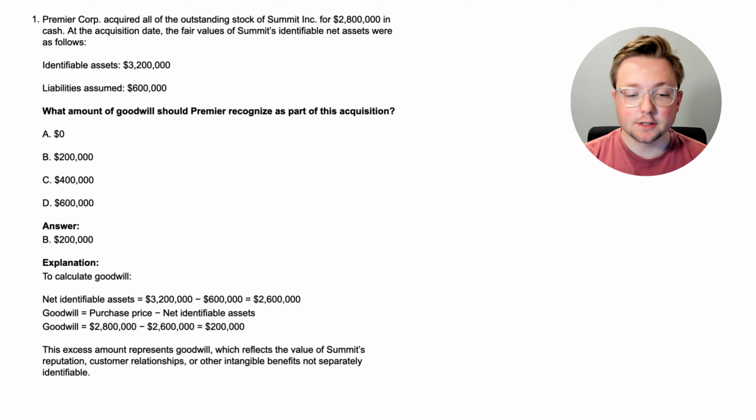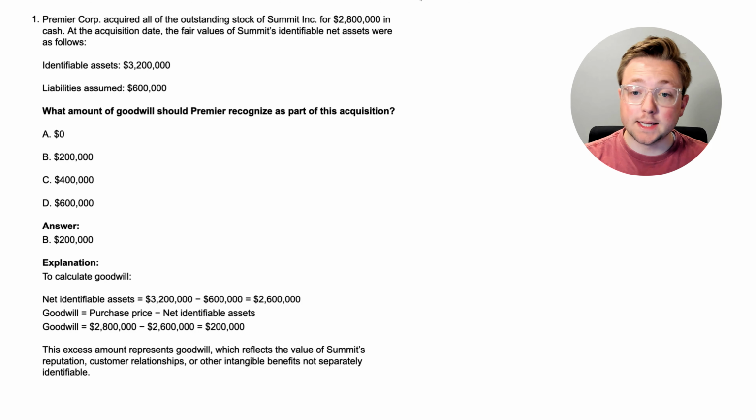Okay, here we are at the answer, B, $200,000. That is the goodwill that is going to be recognized as part of this acquisition. So let's go through that. To calculate goodwill, first we have to figure out what the net identifiable assets are. You just take the identifiable assets less the liabilities assumed, and that gives you the net identifiable assets. So $3,200,000 less $600,000 is $2,600,000. Now to figure out the goodwill, we take the purchase price, which was $2,800,000, less the net identifiable assets,